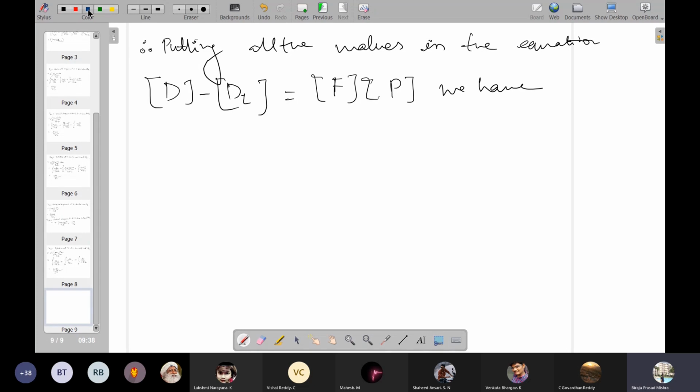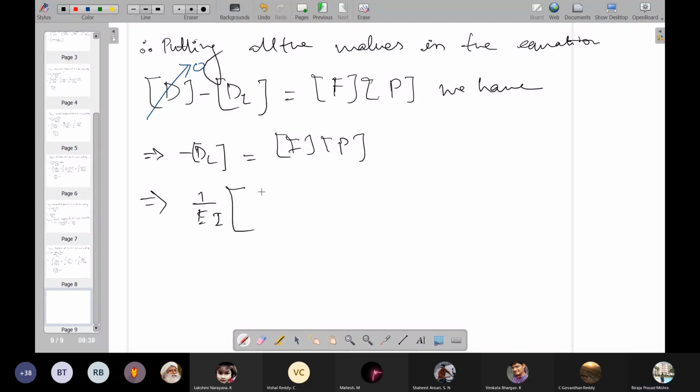What is the value of D? The value of D is 0, because there is no settlement or anything of that sort given. So the equation reduces to minus DL equals F into P. So I am directly writing the values, 1 by EI into